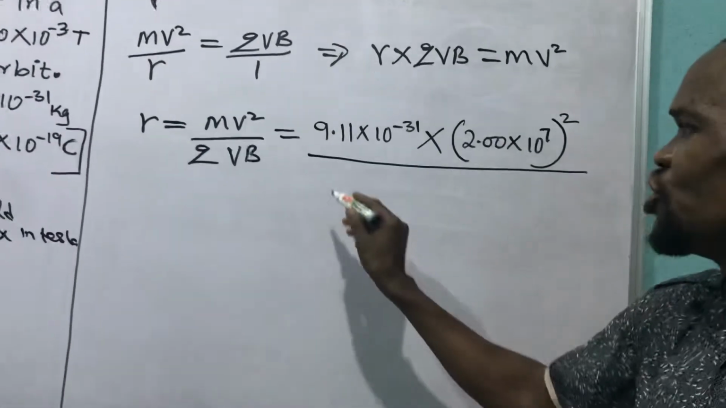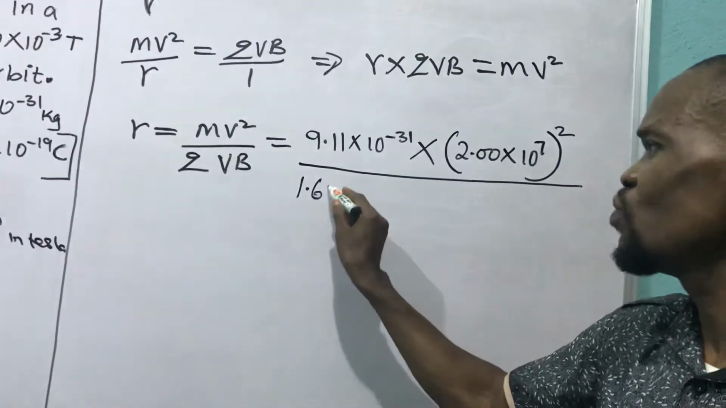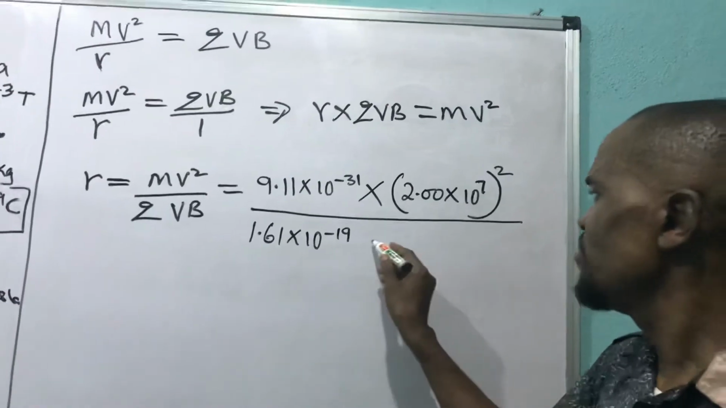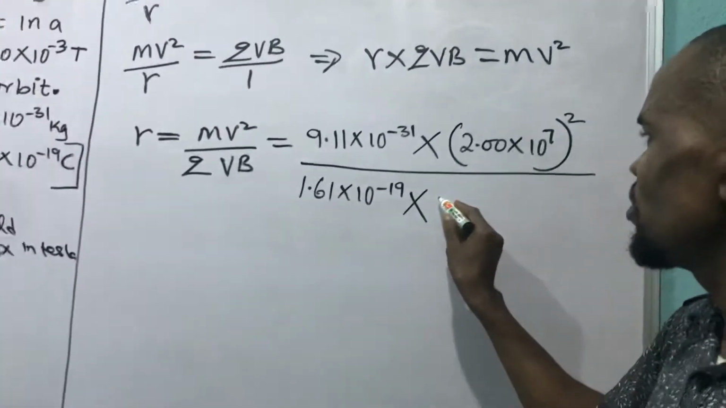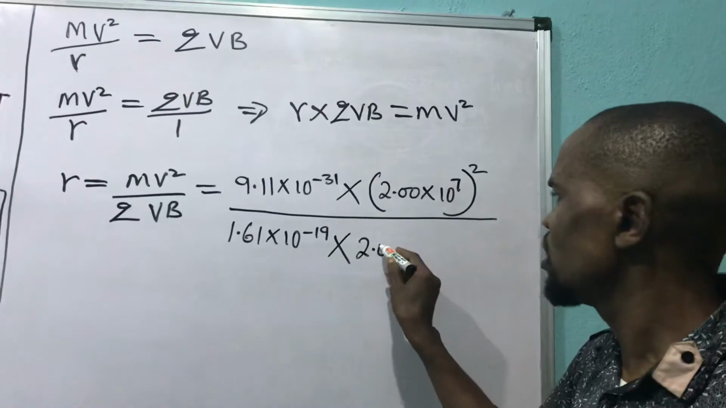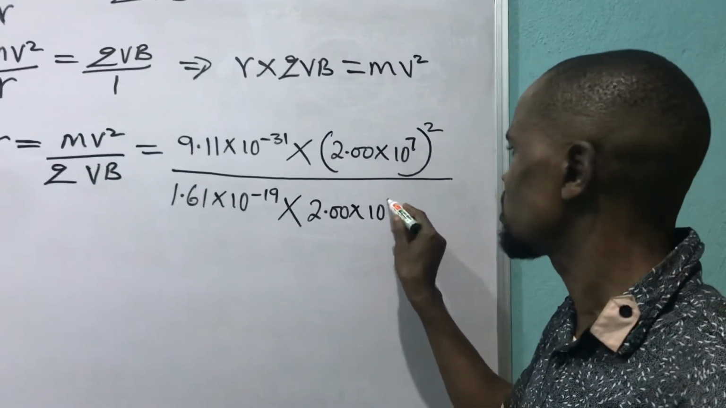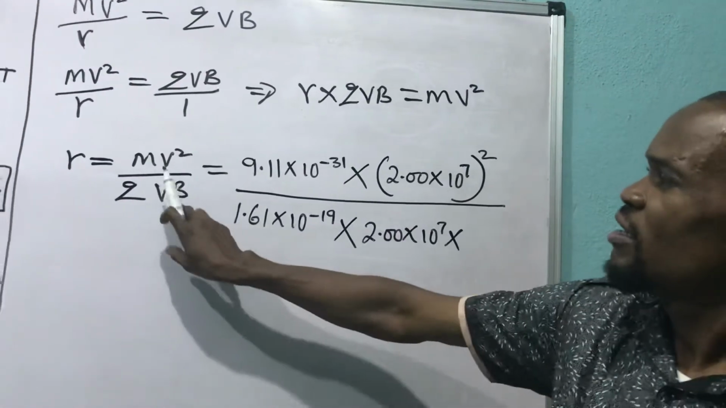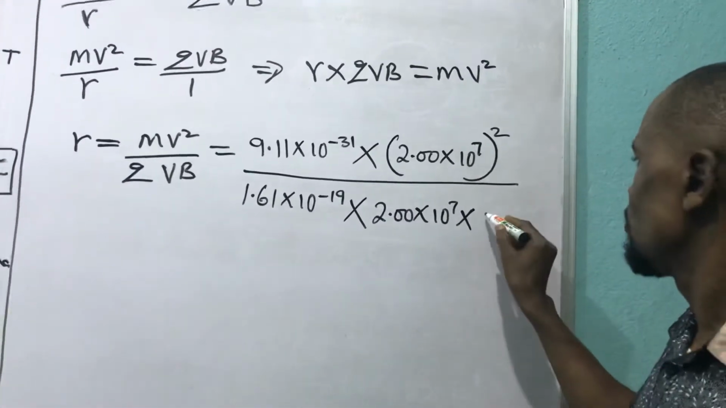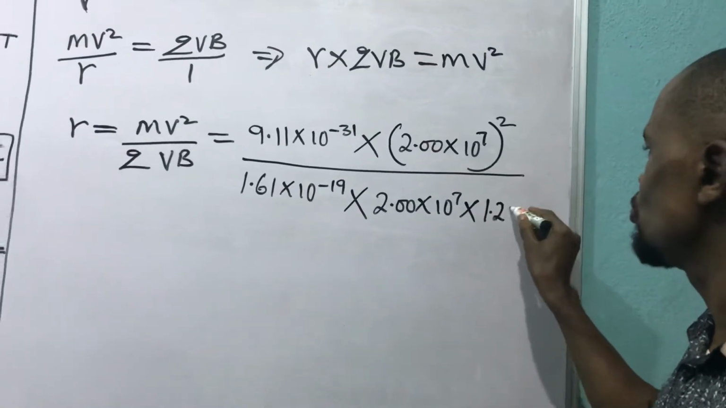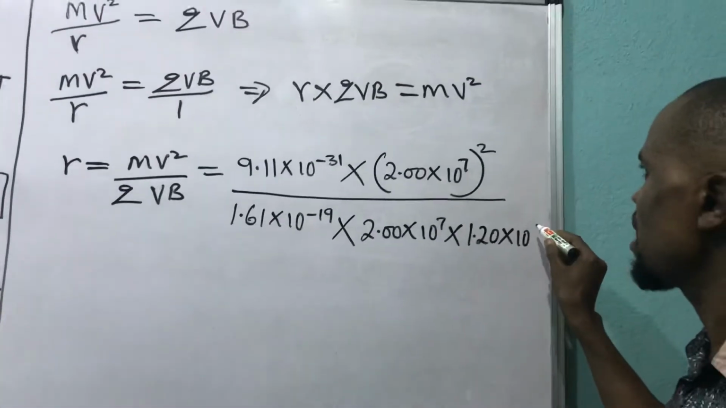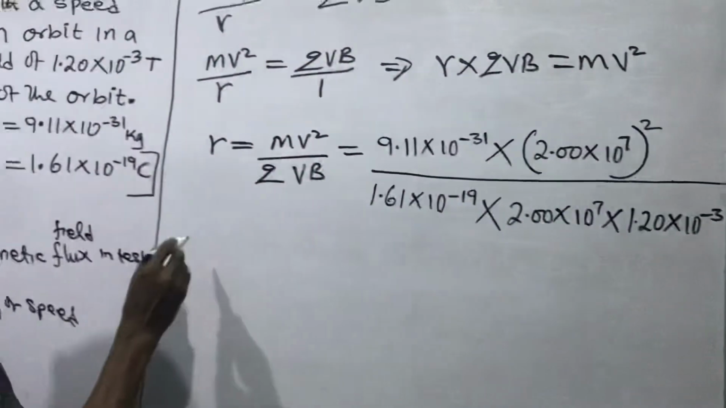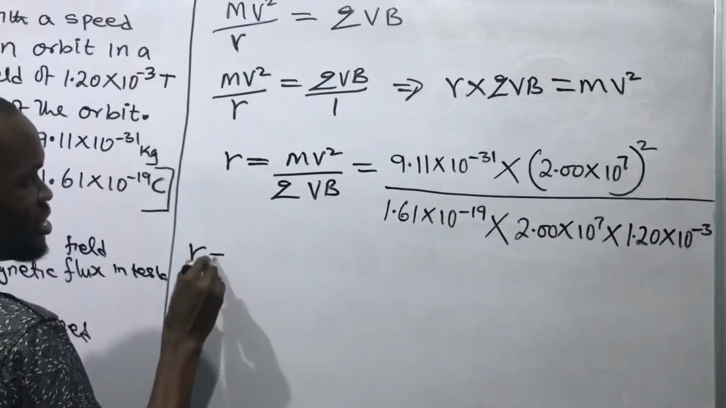Then the charge is 1.61 times 10 raised to power minus 19. Then the velocity times the velocity, which is 2.00 times 10 raised to power 7, times the magnetic field, which is 1.20 times 10 raised to power minus 3. That's it. That implies that r is equal to